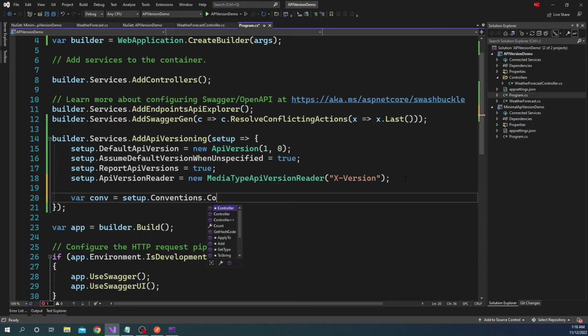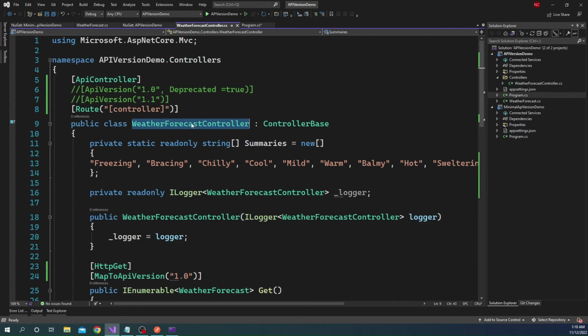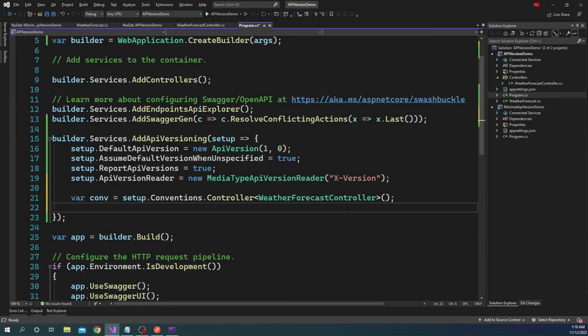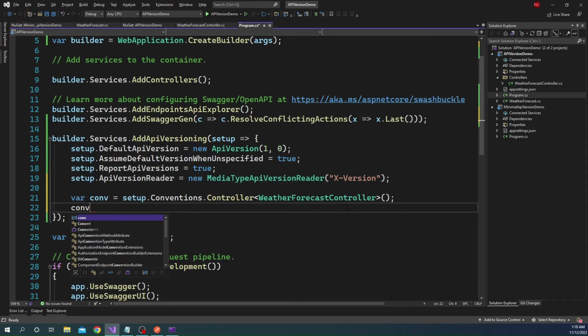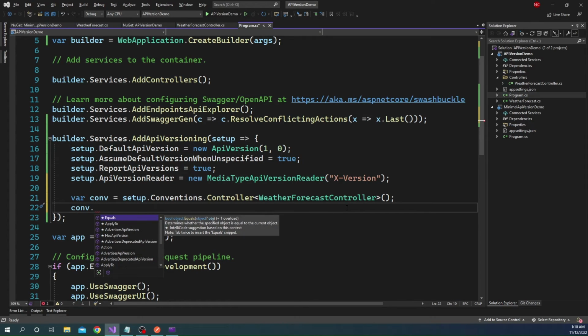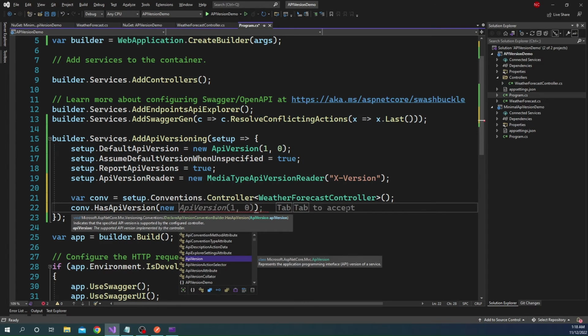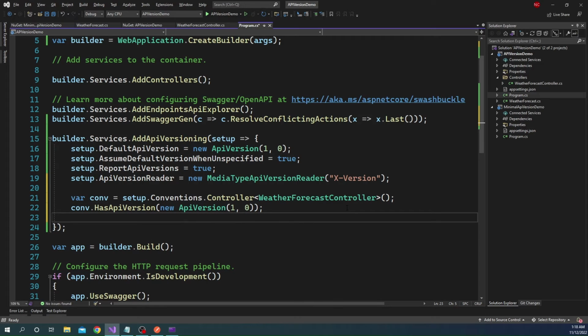So we can say controller, and we can give the controller name, which is weather forecast controller here. So we create this. Let me add the namespace for the controller, and then we can say convention dot has API version, and here we can say new API version 1.0, convention dot has API version 1.1,